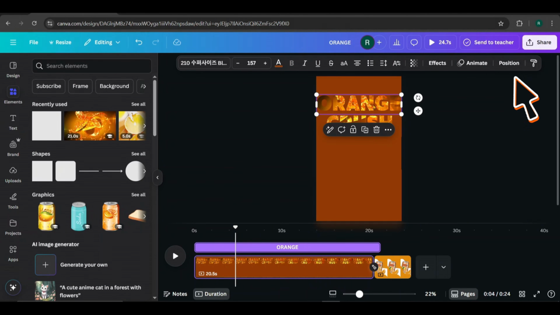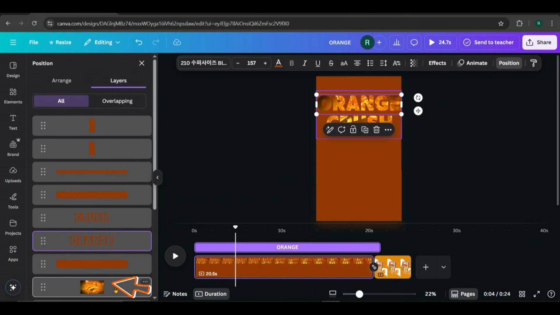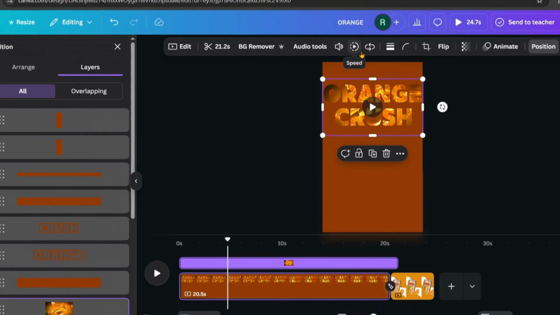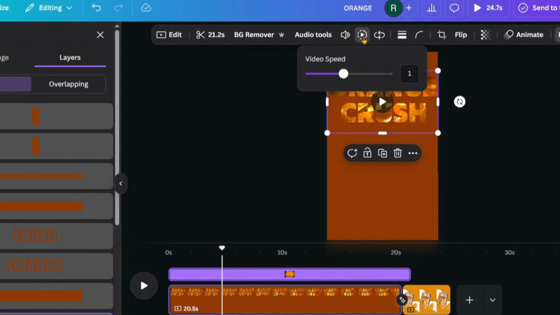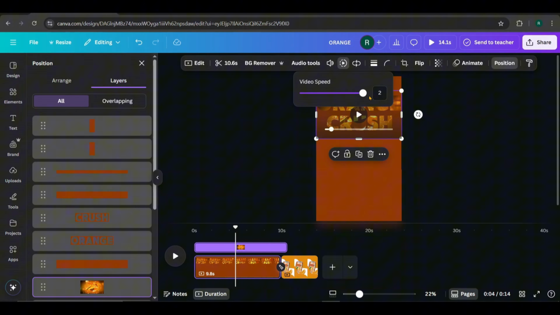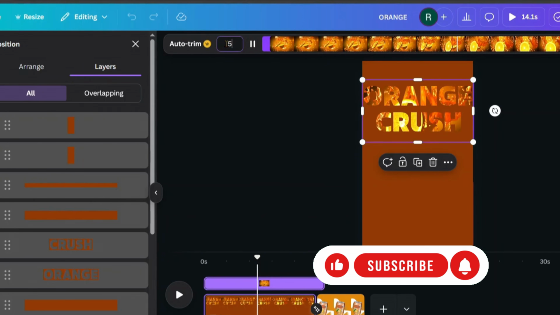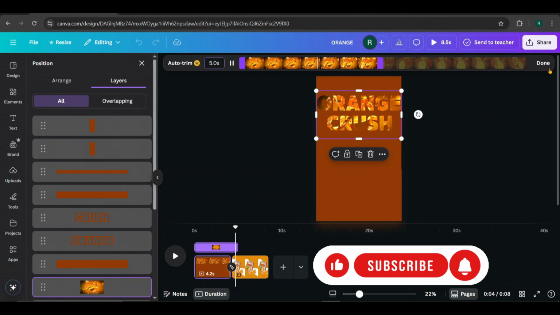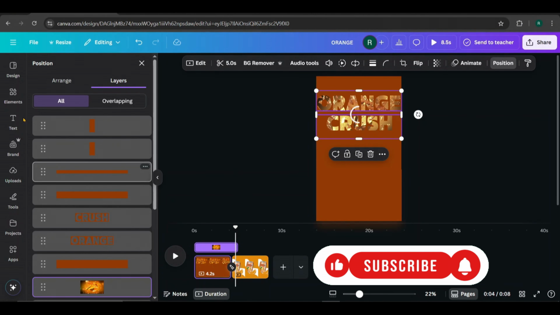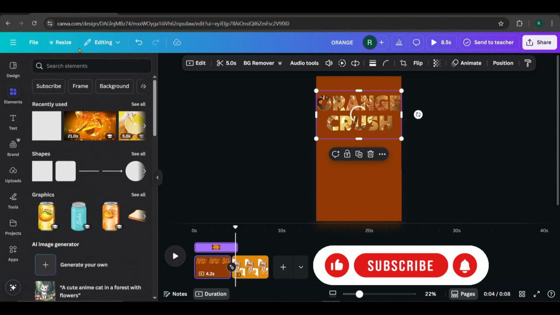Click on the canvas, go to Position, then Layers, and select the video layer. Now click here to change the speed of the clip, and I'll increase it to the maximum like this. Next, click on the scissors icon to trim the clip as needed. I've trimmed it to 5 seconds. Once done, click Done. Now go back to Elements, search for orange fruit,